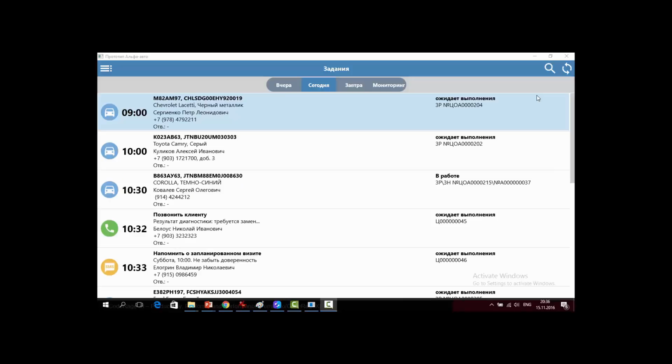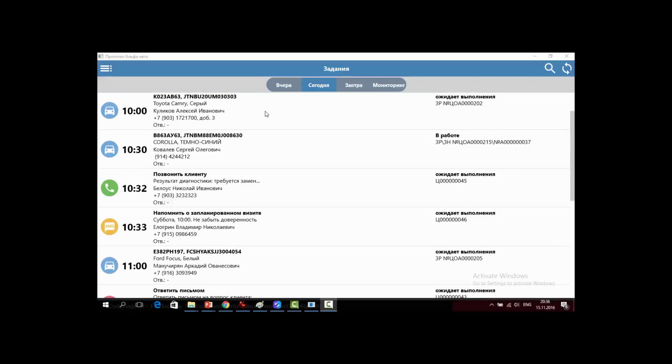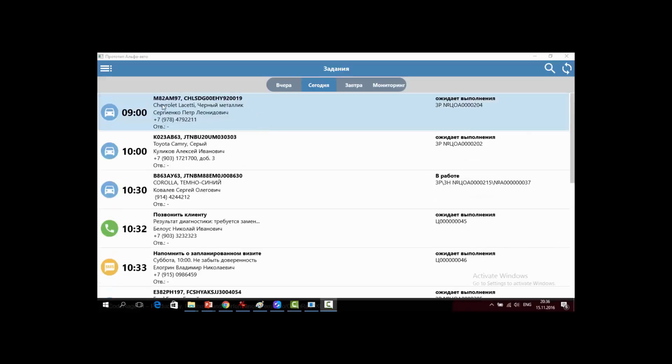So I have started the application. You can see a lot of Russian words, but anyhow, it's easy to understand that this is yesterday, this is today, this is tomorrow, and this is monitoring. But let's start from today. For today, we have a lot of orders, a lot of tasks with cars and car makes and name of client with the cell phone and different statuses. So you can just click this item,